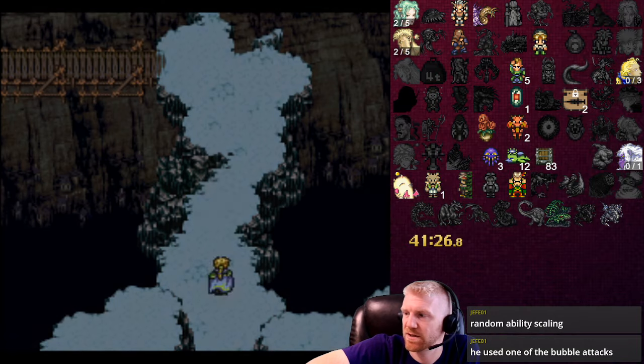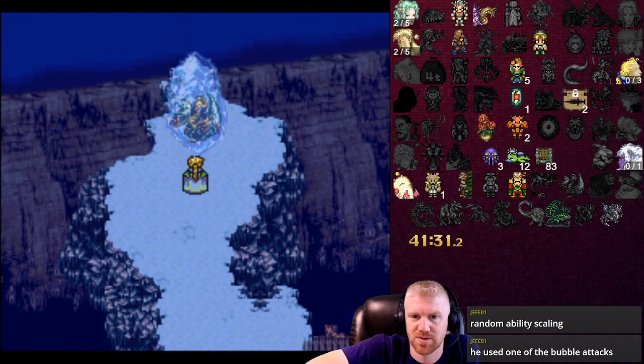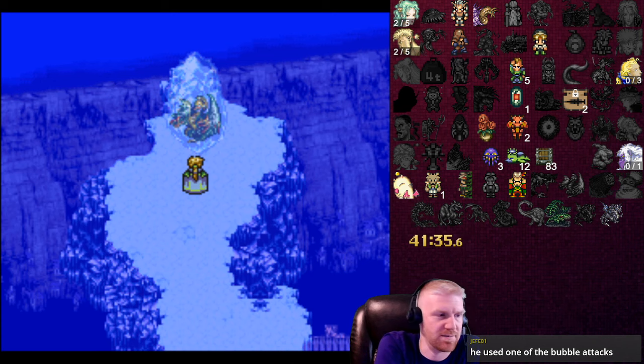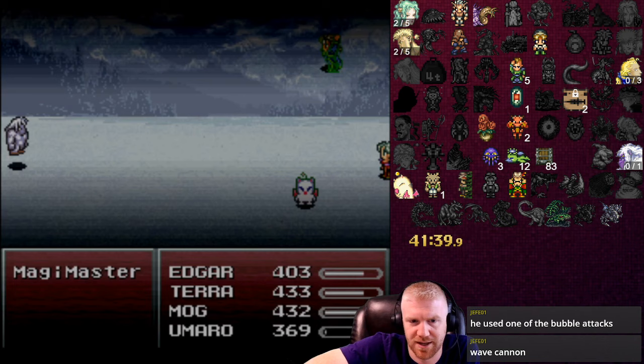A bubble attack, gotcha. Alright, so I guess that's the only thing that could trip this whole thing up is random abilities. Be like the seed I played last night where a freaking Pandora's box or whatever that thing is cast Goner on me out of nowhere. Like, what the...